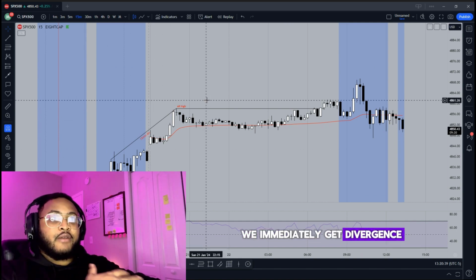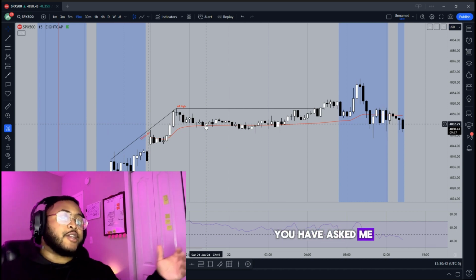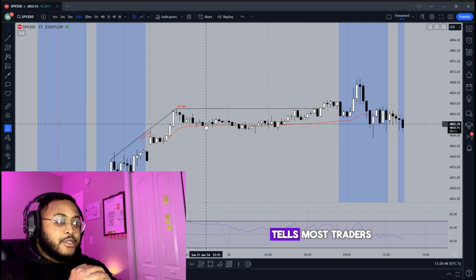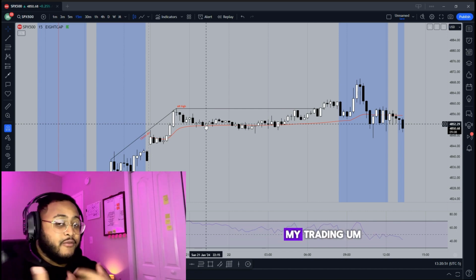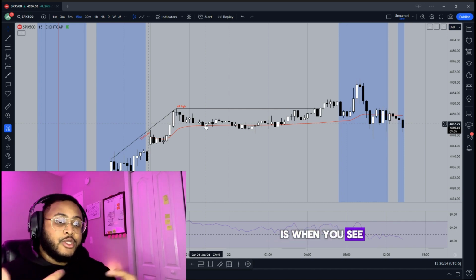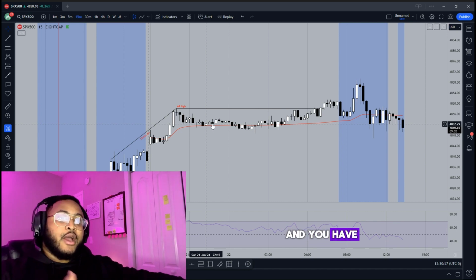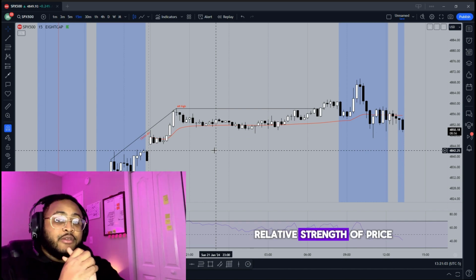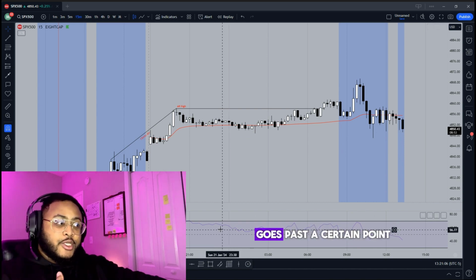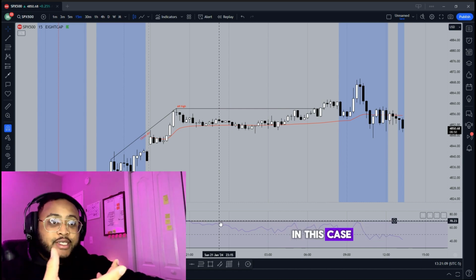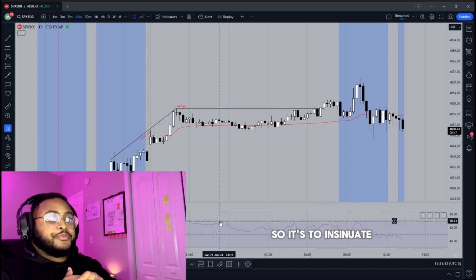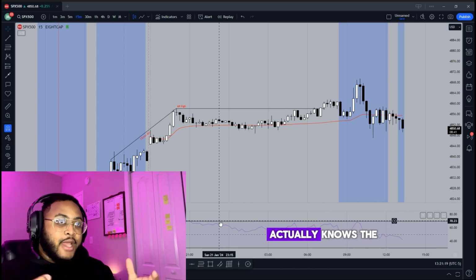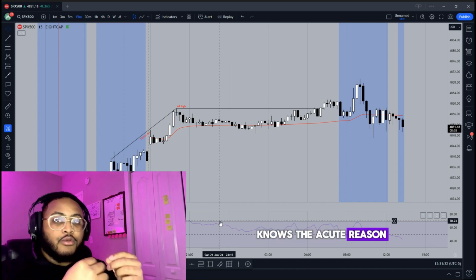we immediately get divergence. Now, a lot of you have asked me, what's divergence? What's the major implication of it? So basically, what divergence tells most traders, specifically me, is when you see price going in one direction, and you have this RSI, which is another application. It calculates the relative strength of price, meaning that once it goes past a certain point, in this case, it becomes overbought. So it's to insinuate that price action could go down, but just because nobody actually knows the acute reason why price goes down,